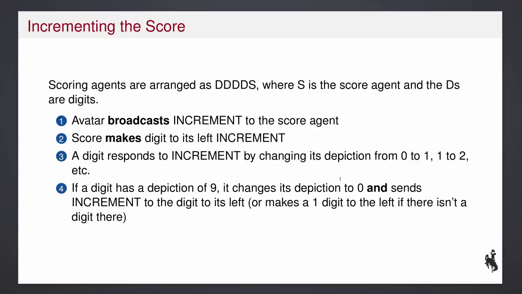It's a special case. If you have all digits, surely we'll never run out of digits, okay? But in the case where there is no digit to the left, then what should it do? It's not that difficult, actually. We've already seen how to create an agent, so we'll just make a new agent, which happens to be a digit, and then tell it to